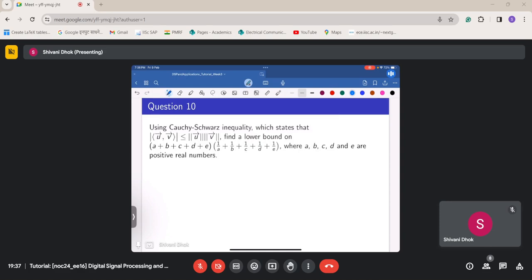So for this case, what we are given is that we are introduced to one thing which is known as the Cauchy-Schwarz inequality. It says that the magnitude of the inner product is less than or equal to the multiplication of the norms of the vectors. So this Cauchy-Schwarz inequality says that this quantity is less than or equal to